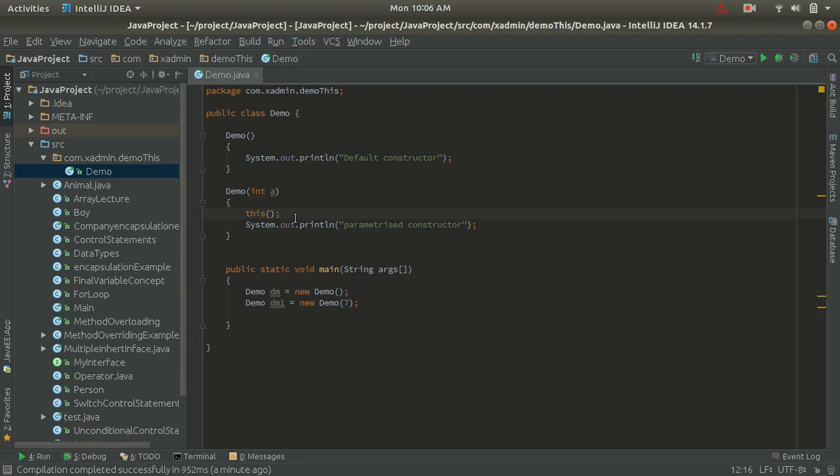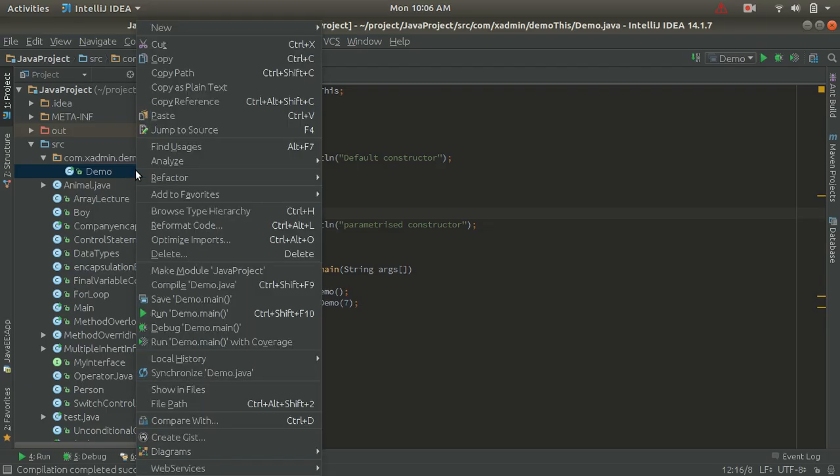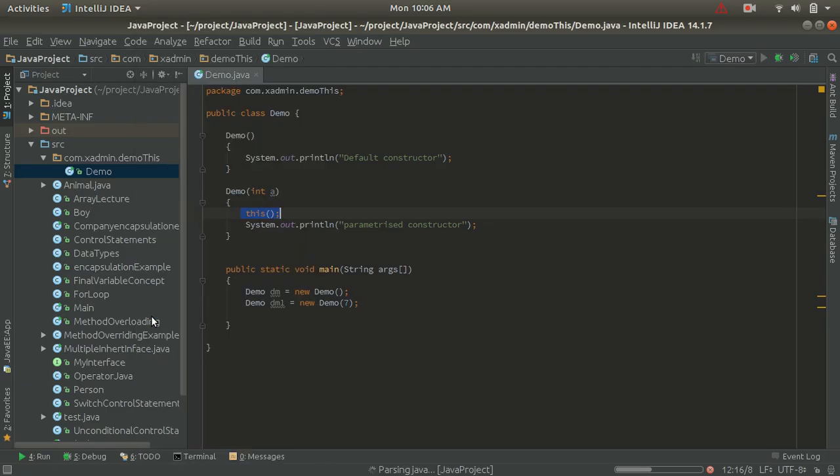With the help of this keyword we can call the default constructor from inside the parametric constructor. So let's run this program and see the output that we are getting.